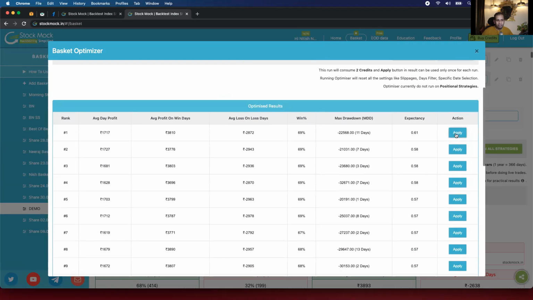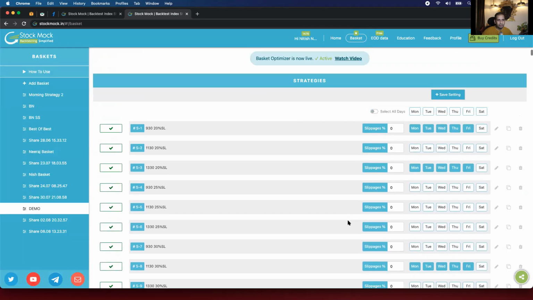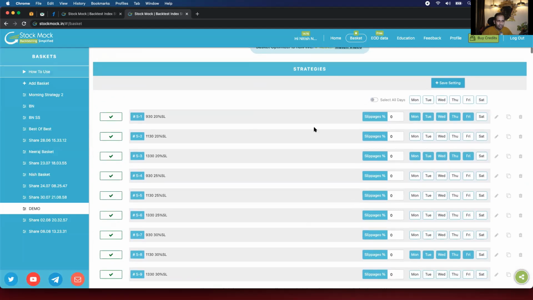Now if I click on it, just to demonstrate, you see the optimizer has chosen that 9:30 20%, 1:30 20% and 11:30 30% is best. Now it will scan all of the days for the same thing, because some people prefer not to change their strategies on different days. They want to stick with one particular thing. For those people, this feature will be very handy, because the optimizer is still calculating all the combinations if they are done the same on all the days, and from them it finds the best.